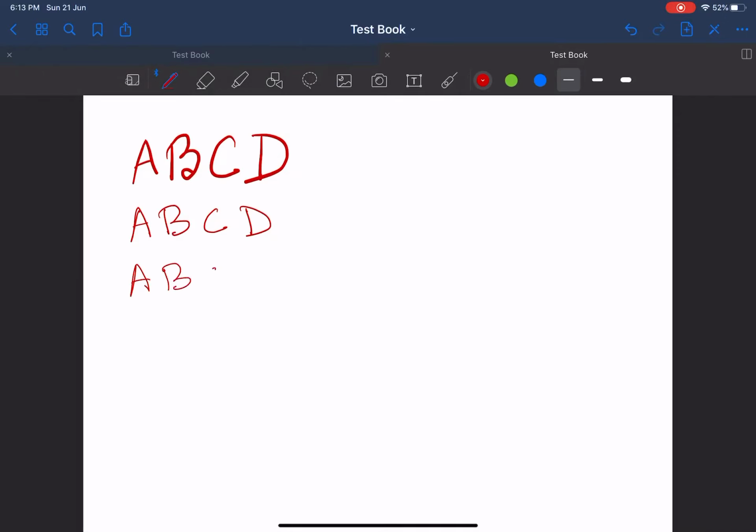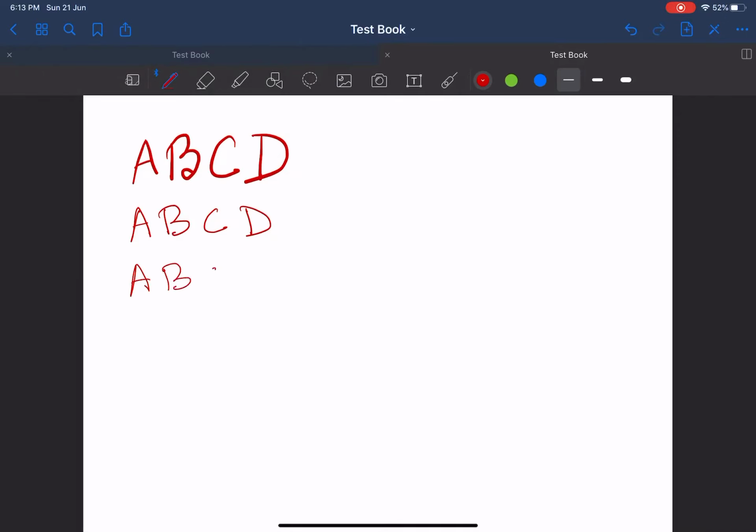So it will be uniform one. Now, if we want to change the thickness of the line, there are different options. You just change the thickness. These are the default three options, but if you want, you can long press on that position and change the thickness by yourself. So it's up to you how you're going to change it.